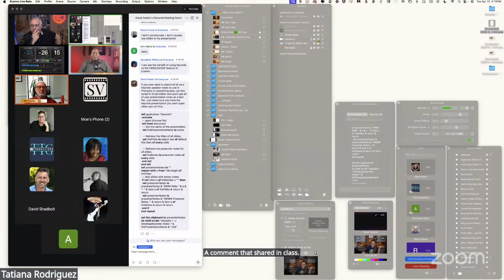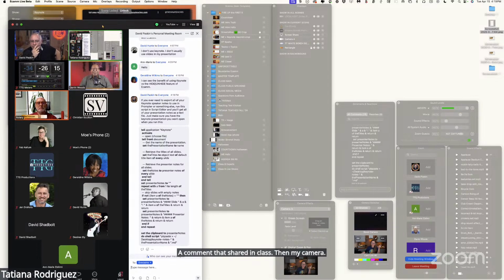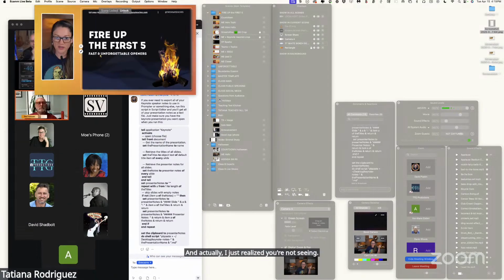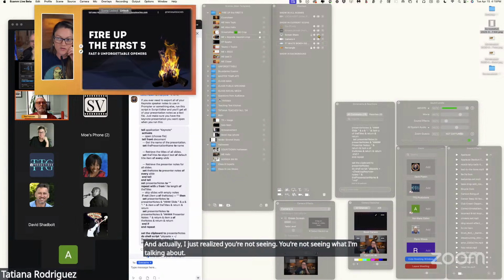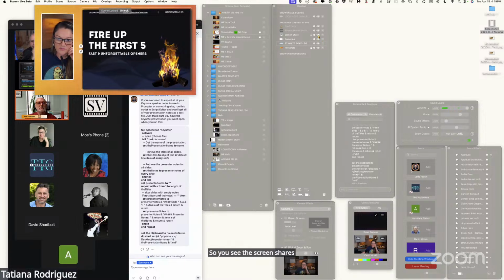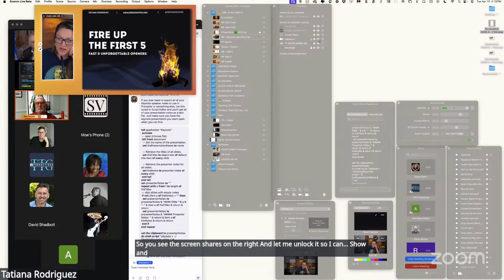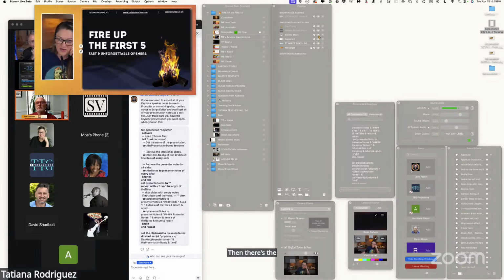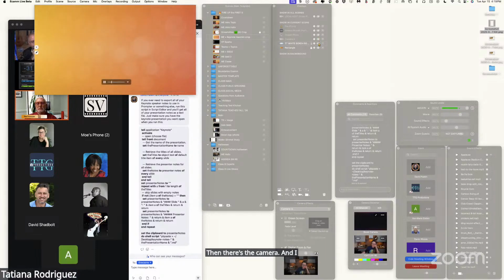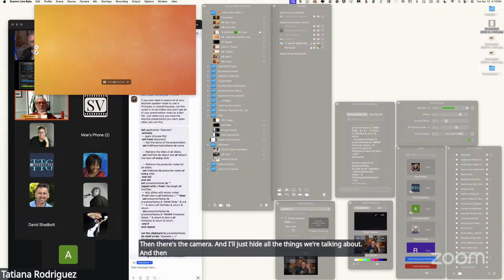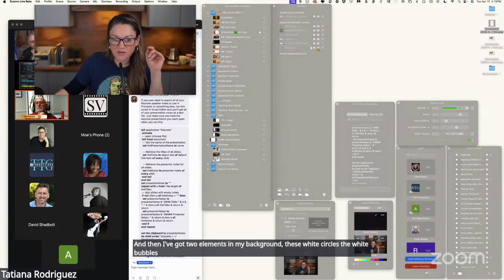Then my camera, my camera, and actually I just realized you're not seeing what I'm talking about. So you see the screen shares on the right, and let me unlock it so I can show and hide. So the screen share, then there's the camera, right? And if I hide all the things we're talking about, I've got two elements in my background: these white circles, the white bubbles, plus the rectangle, and then